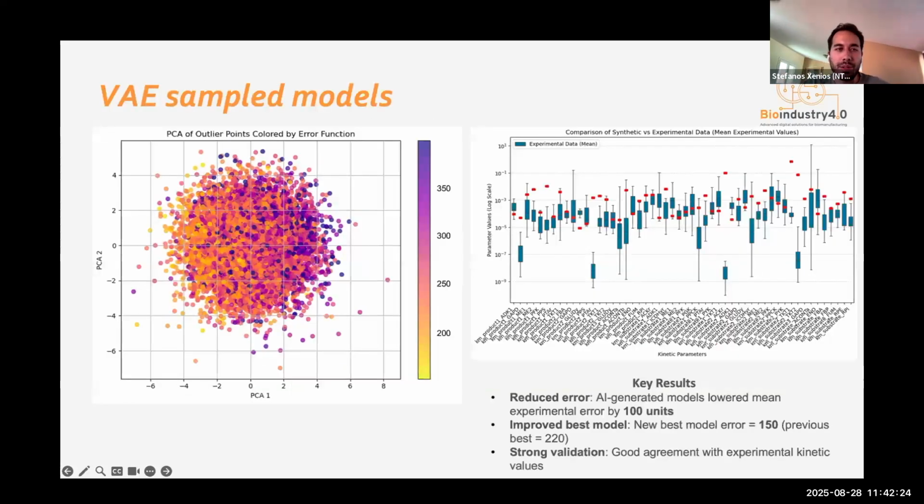And then we went into the generative part. We went into the trained variational autoencoder and we sampled new kinetic parameters and calculated new error scores, and we were able to lower the mean experimental error by 100 units. And also we got a new best model with a 150 score, whereas the first iteration, which was random, was 220. This is really a good indication that this model can work, and we are looking forward to